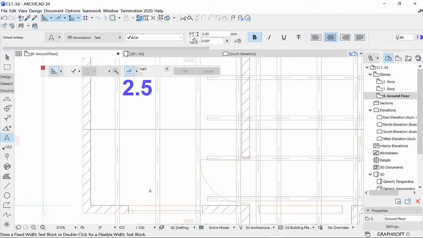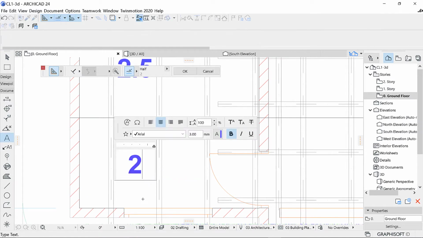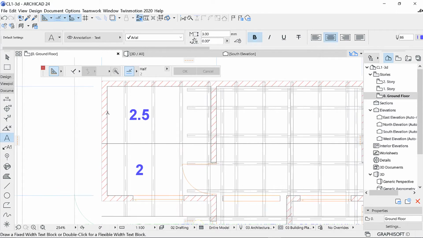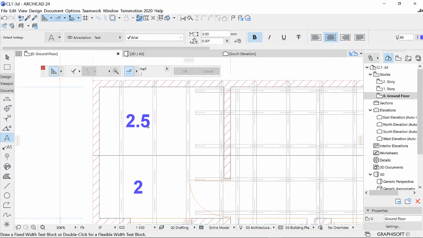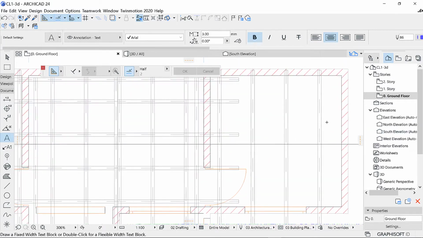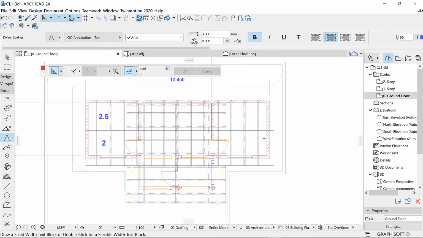So how many pieces do we need? If here we have 2, here we have 2.5, in this case we need 14 of them. We need 1, 2, 3, 4, 5, 6, 7, 8, 9, 10 to 14. Also this side we need 14. So it means I have 14 of 2.5 meters. I also have 14 of 2 meters. Then when we come to this side,